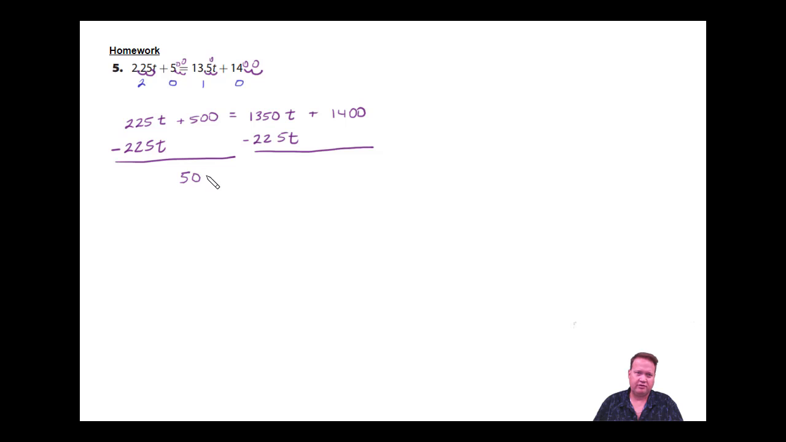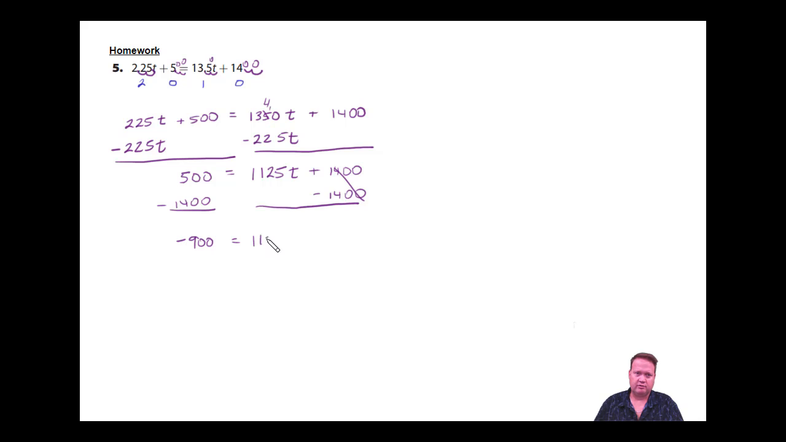I'm only left with 500 on the left equals, and let's go ahead and borrow here and do the subtraction. We're going to end up with 1,125t plus 1,400. We'll go ahead and take away the 1,400 on this right side. And that's going to leave me, if you want to use your calculator, you can. I actually have the calculator hidden behind that window, and I'll bring it out in a second. That right there is going to become a negative 900